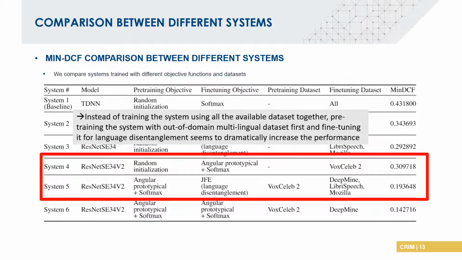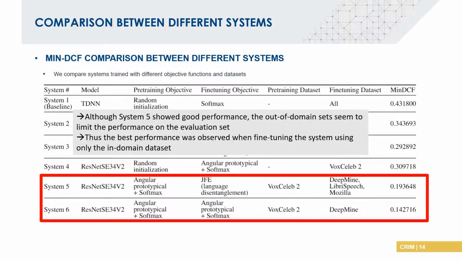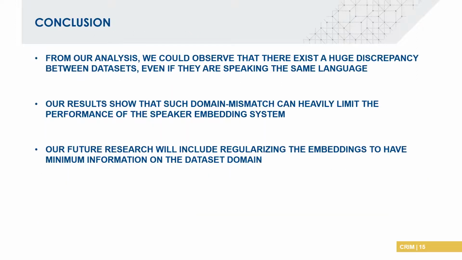From System 4 and 5, it can be seen that using VoxCeleb2, a very huge out-of-domain multilingual dataset, for pre-training the system and fine-tuning it with a smaller amount of out-of-domain dataset was more effective. Although System 5 showed good performance, the best performance was achieved by System 6, which uses no out-of-domain dataset for fine-tuning the system. From our analysis, we could observe that there exists a huge domain mismatch between the datasets available